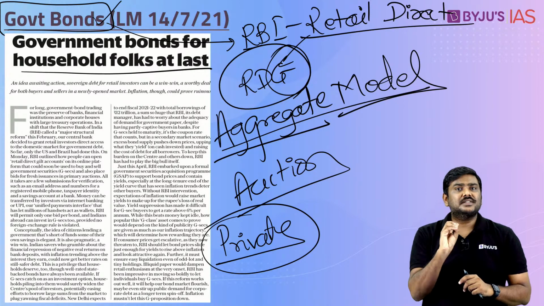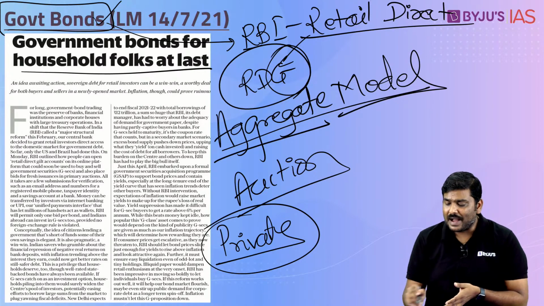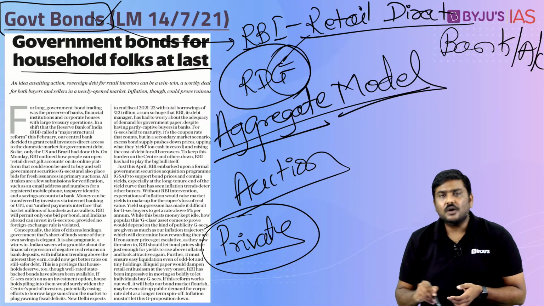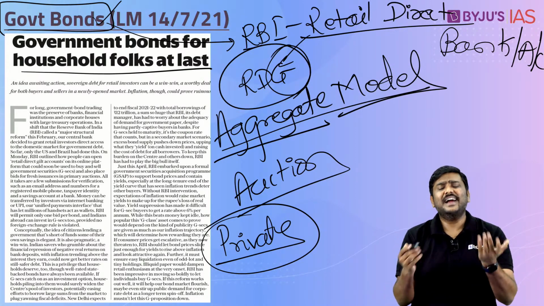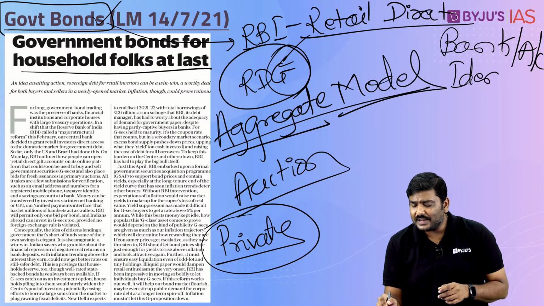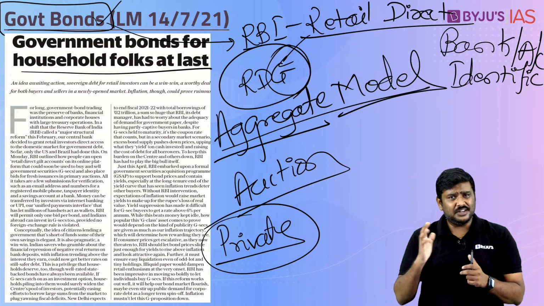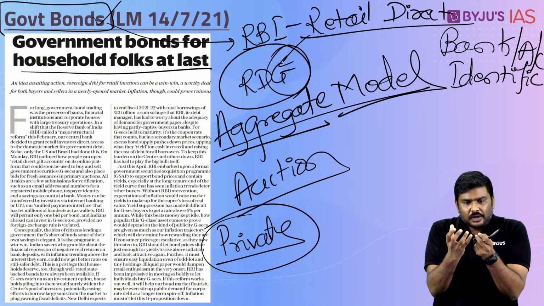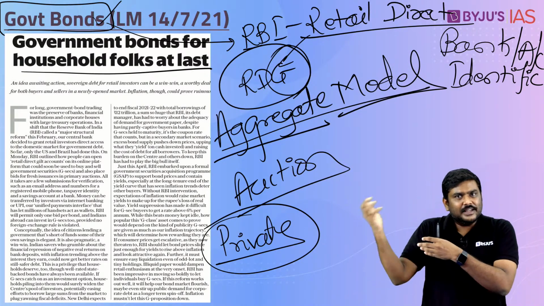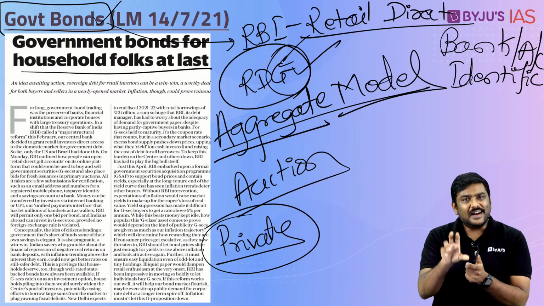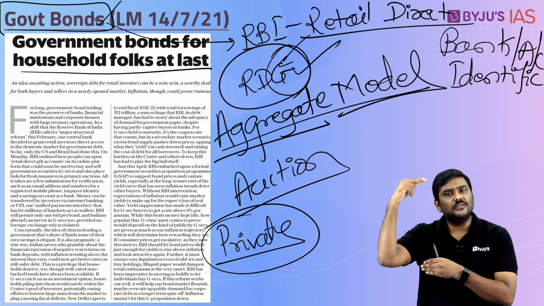For that, now RBI says, one, you will have to have a bank account. Remember this. You will have to have a bank account. Second, you will have to have certain identification documents issued by Government of India, such as Aadhaar, driving license, PAN card, etc. Whatever bid for the government securities you want to propose, you will have to propose it through this particular RDG account that you are supposed to open with RBI.